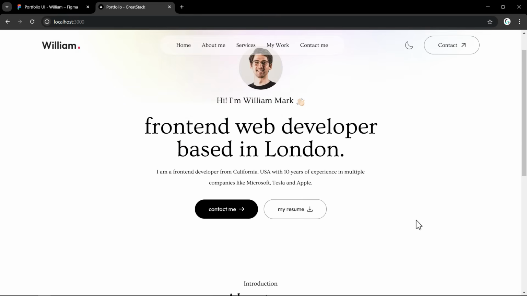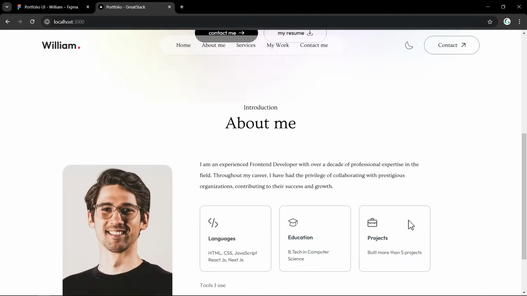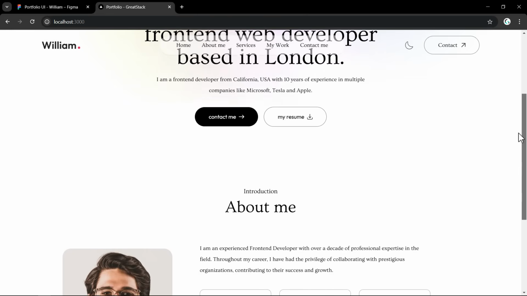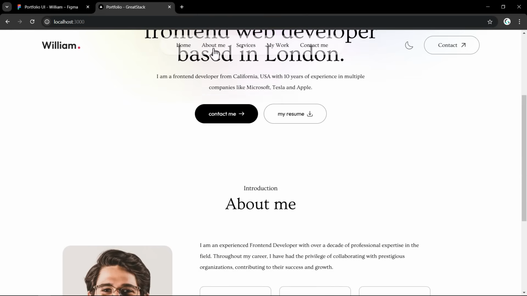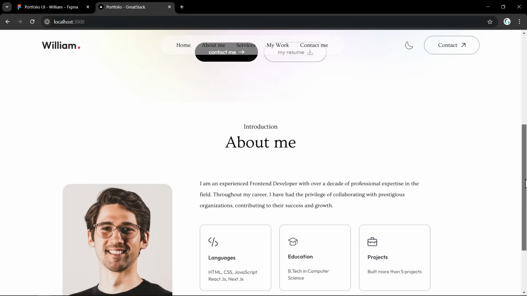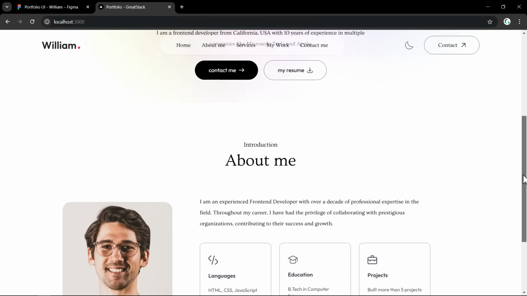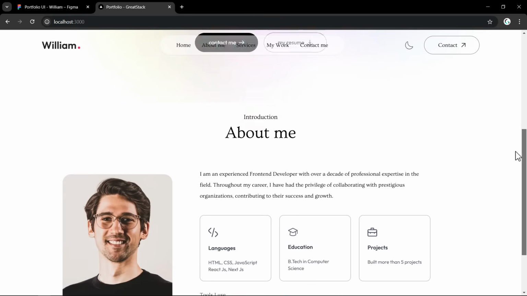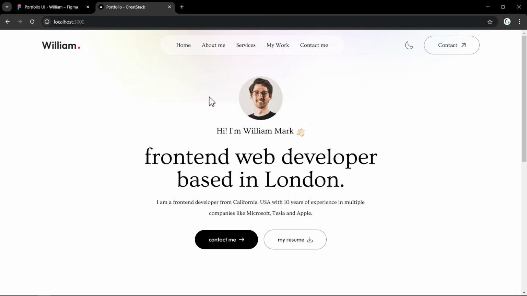But before moving to another section, you can see if I scroll this web page, this navigation bar is collapsing with other content. You can see it is mixed up. You can't see the text clearly when we scroll the web page, right? So we have to change the background color of this navigation bar when we scroll the web page. For that, let's come back to the VS Code